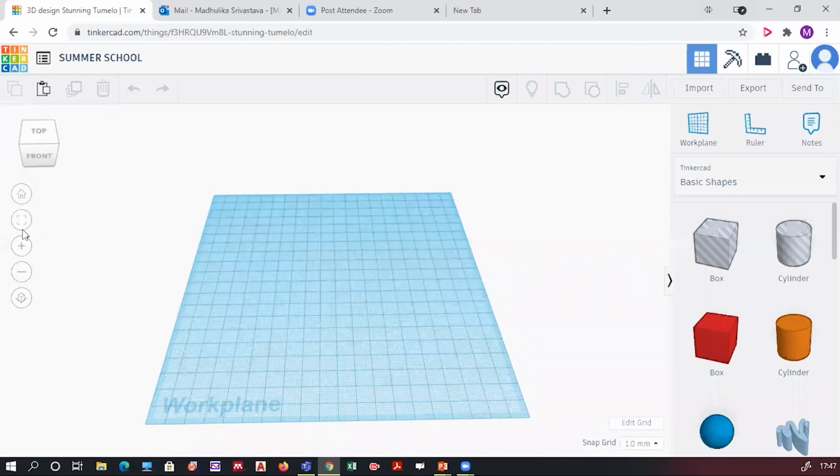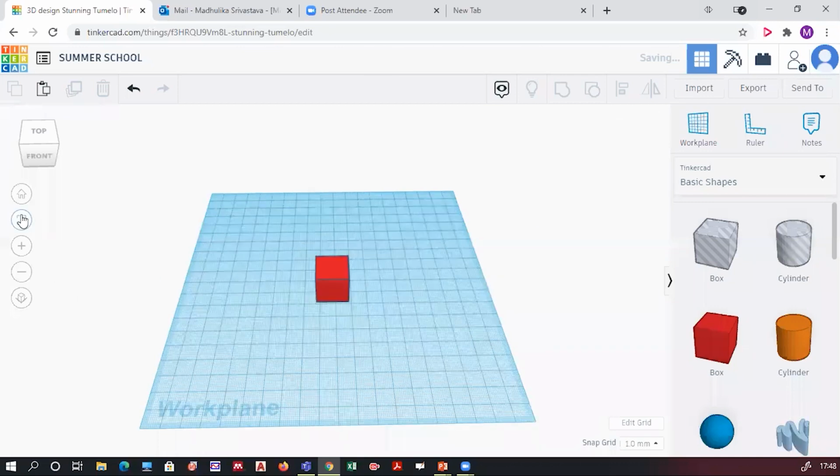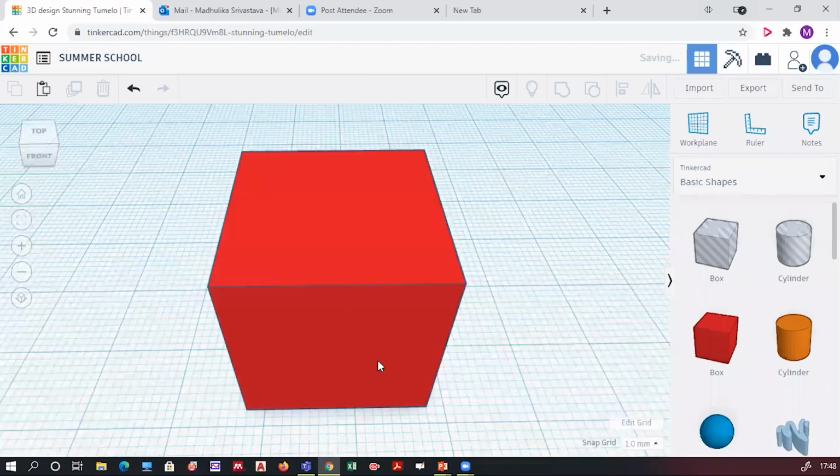Now, above this plus sign, you see the fit all option. What does the fit all option do? I'll tell you. For example, I've taken this object over here, and when I click on fit all, I will be able to see this object in an enlarged view.